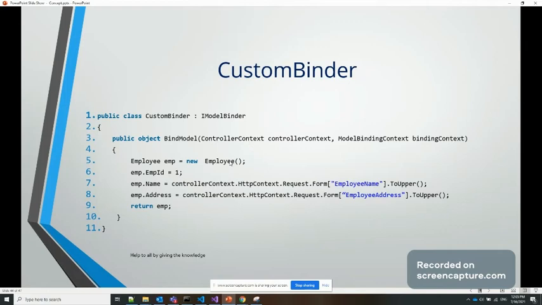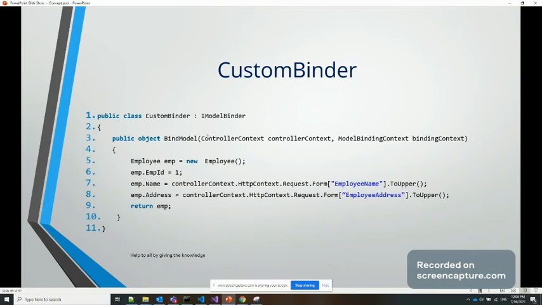For example, we are getting some data from our view or our UI. After that we need to manipulate that incoming data, and based on that we need to store it. Before that we need to provide some filter. To provide that filter in between, before saving the data to the database, we can implement our custom logic. For custom logic, we need to use IModelBinder. IModelBinder basically takes the responsibility to make corrections before the model goes further in the request.